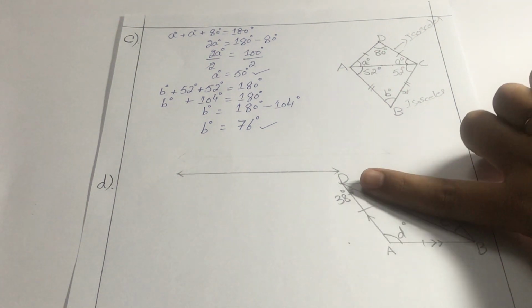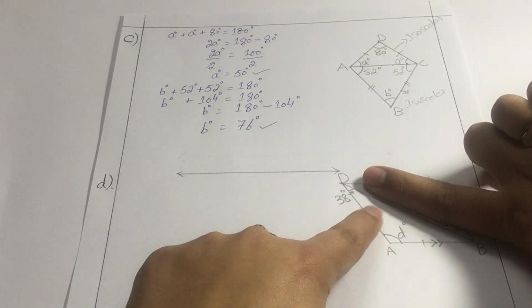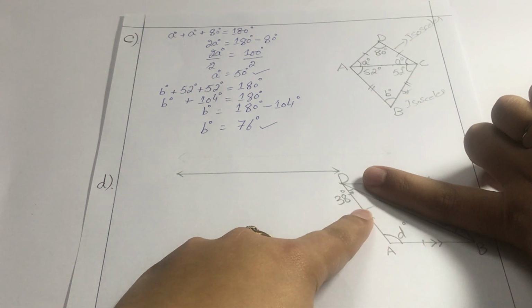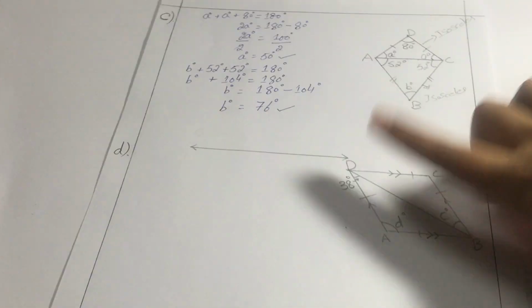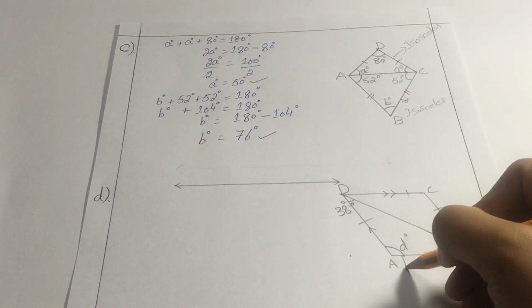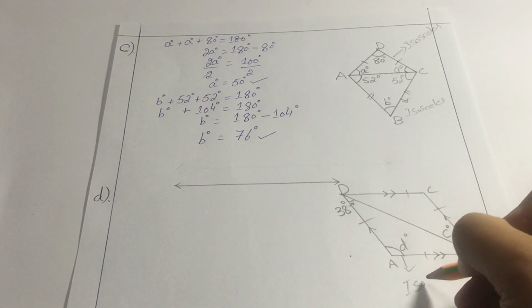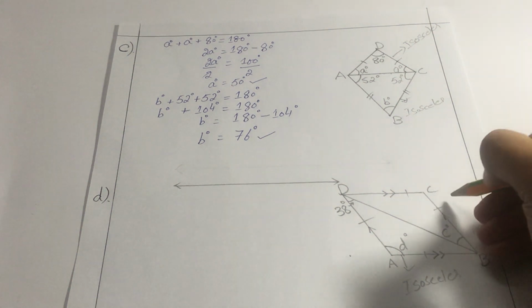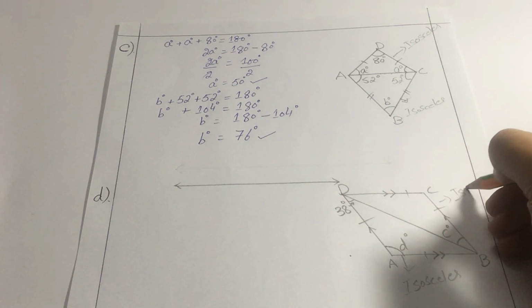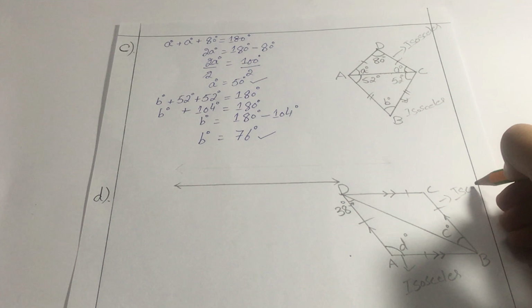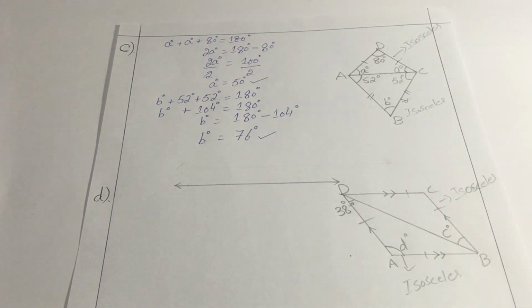If you consider this triangle, you can see its two sides are equal. If its two sides are equal, then it's again an isosceles triangle. Then each one of these is an isosceles triangle, right? We have two isosceles triangles, right? So we will use the properties of isosceles triangle and the property of alternate angles.